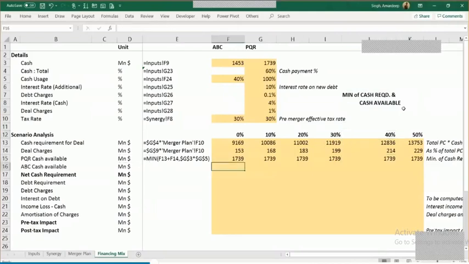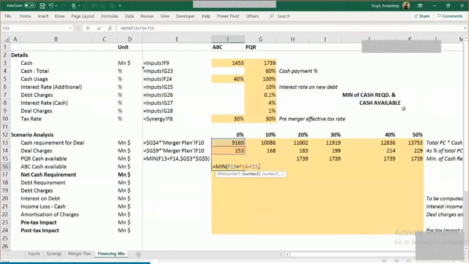Fair enough? And the same logic you would apply now, let's pick the same formula. Cash required now is this plus this, but I've already used 1.7 billion. So out of 9300, I've already got 1739. So what is the cash requirement now? Reduce that number, and this is my net cash requirement.